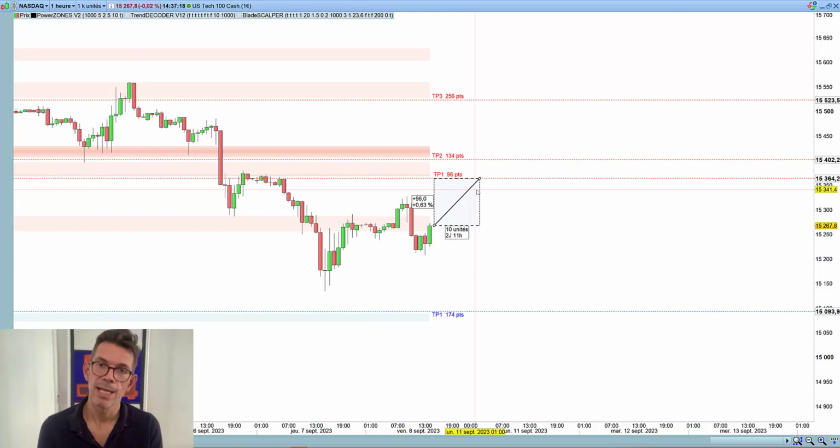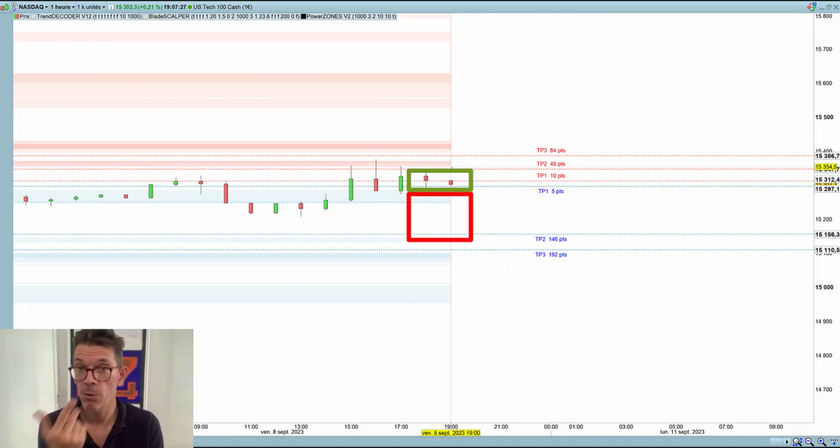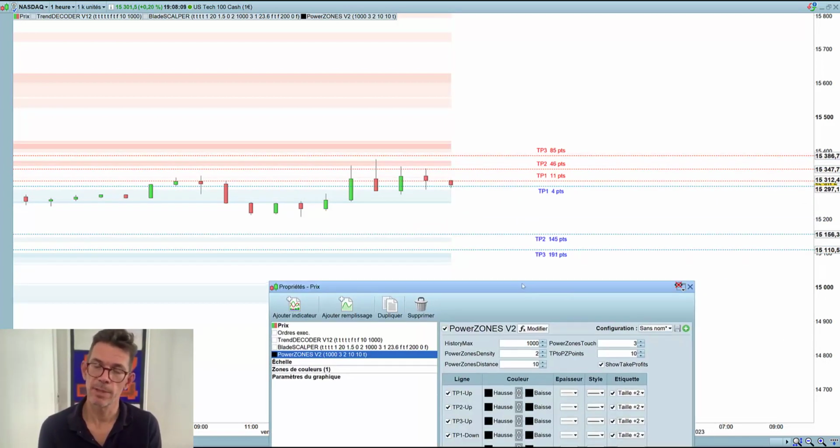But most importantly, this feature will allow you to know immediately what the risk-reward ratio of the trade you're planning is. By checking visually the distance between your stop loss and your target, if it's inferior to 1, you're on the wrong side of the risk, obviously, because you're risking more than what you can rationally expect from the price move. So just don't take this trade. This is how PowerZone will help you to have a safe routine.